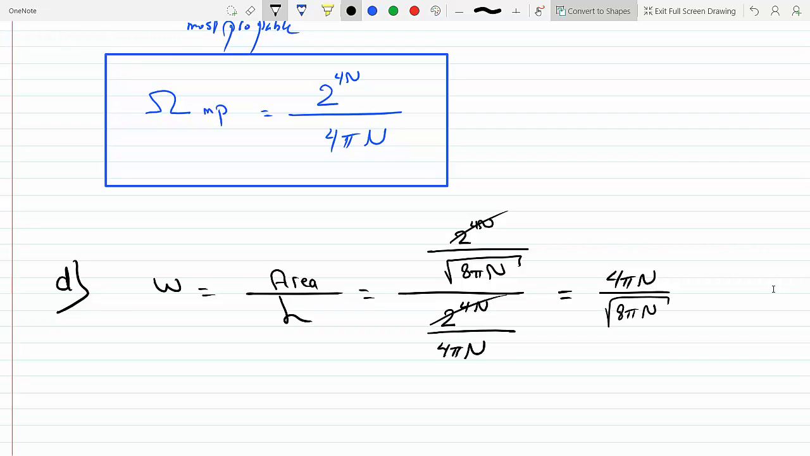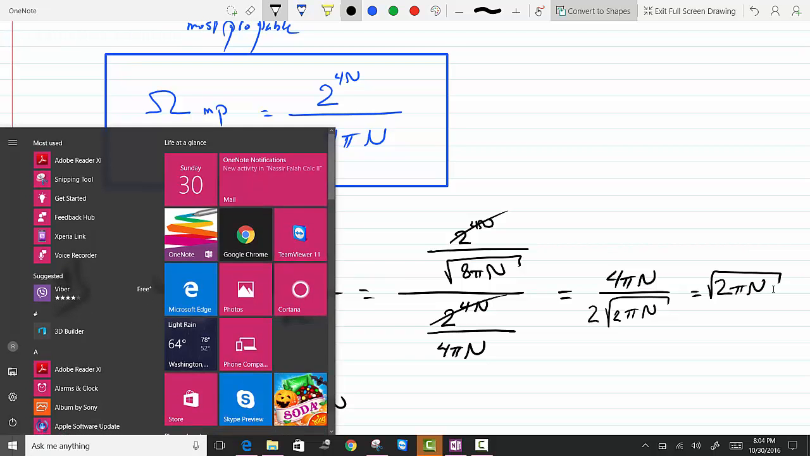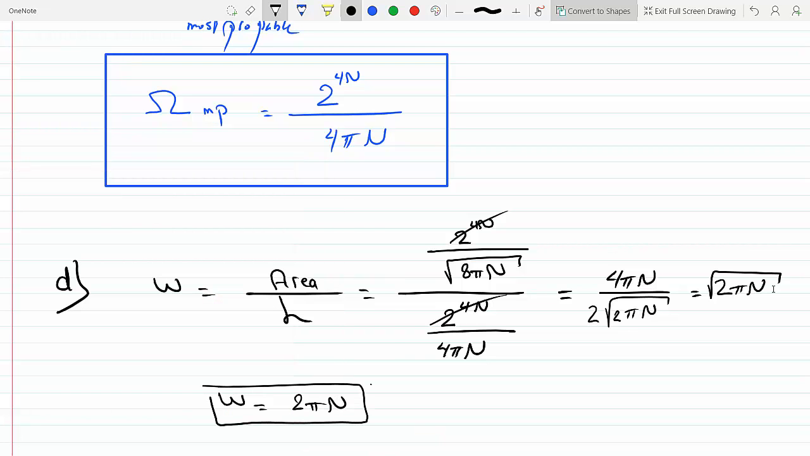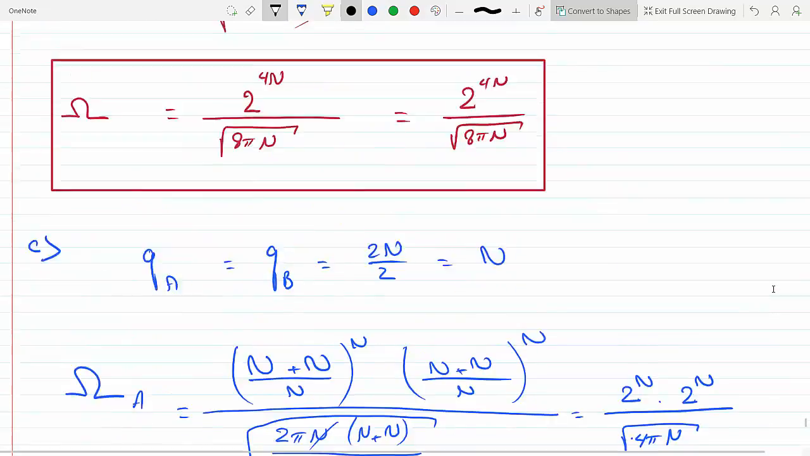and of course this could be simplified further. The square root of 8 is just 2 root 2, and we get 2 over square root of 2, which is just square root of 2, so 2 square root pi n. So the width of the peak would turn out to be 2 square root pi n. Okay, and then he says,